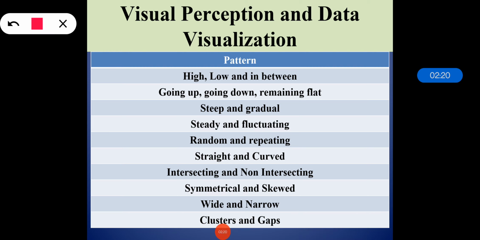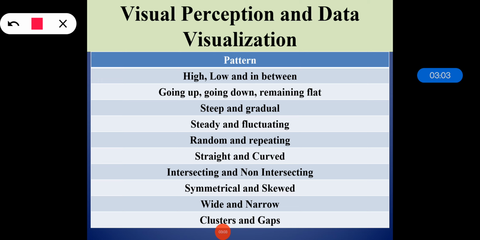Now visual perception and data visualization. We can say that a human can distinguish differences in line length, shape, orientation, and color without significant processing effort. Because we can distinguish these differences without significant processing effort, they are called pre-attentive attributes. For example, it may require significant time and effort, which is attentive processing, to identify the number of times a particular digit is appearing in a series of numbers.